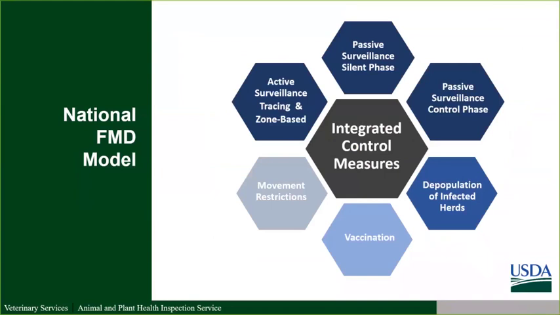Another part of our model is the control strategies. Within our model, we have the ability to model different types of control strategies in an integrated fashion. By doing that, we're able to represent strategies that might be implemented by states or tribes, as well as what's in USDA's FAD prep guidelines. This is one of the key strengths of the model, allowing us to compare the current state of control programs that would be implemented in the U.S., as well as different adaptations or strategies that might be used by states or tribes during an outbreak.